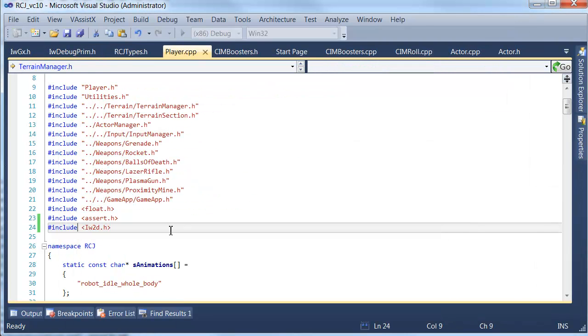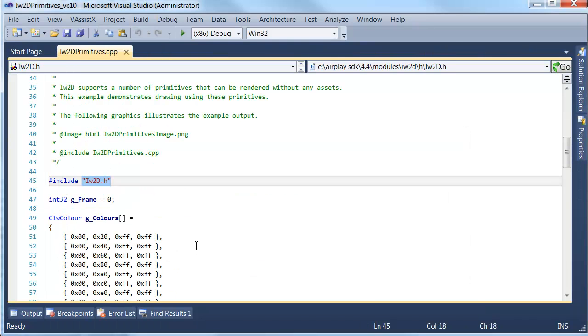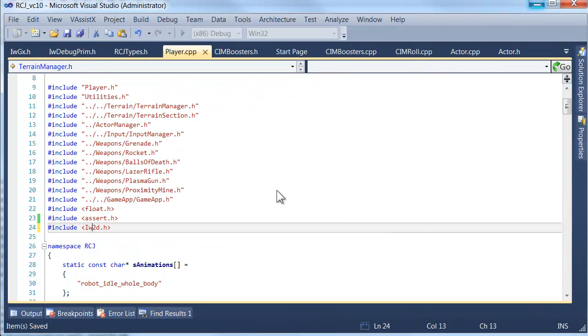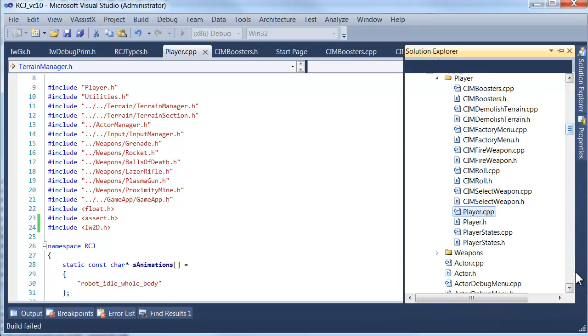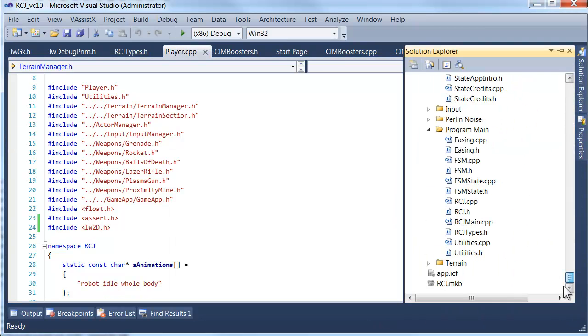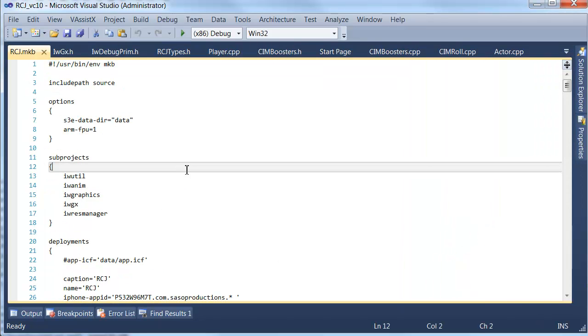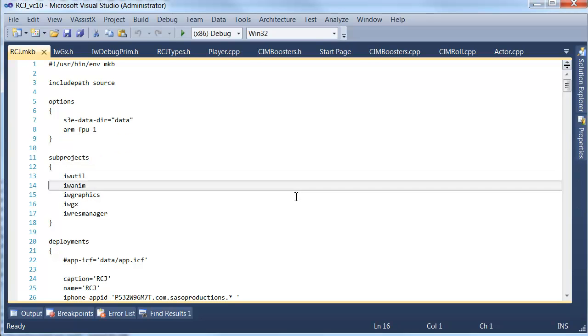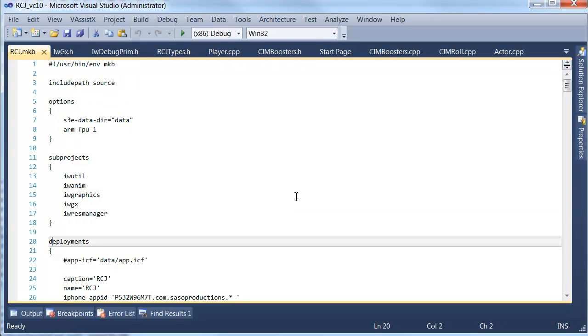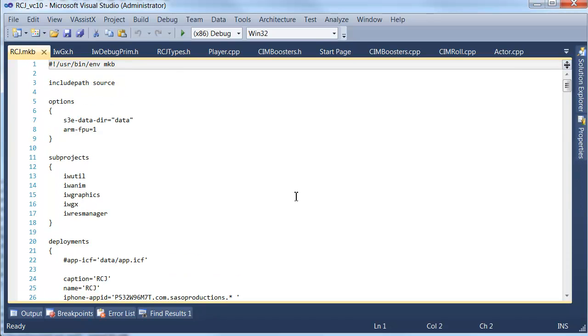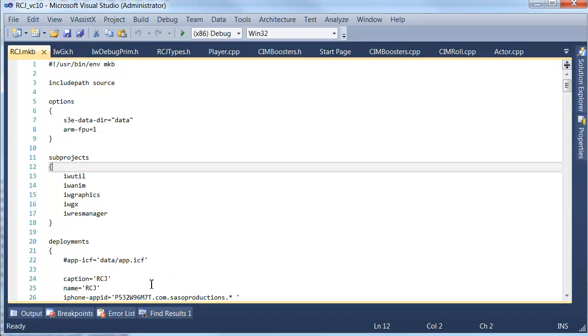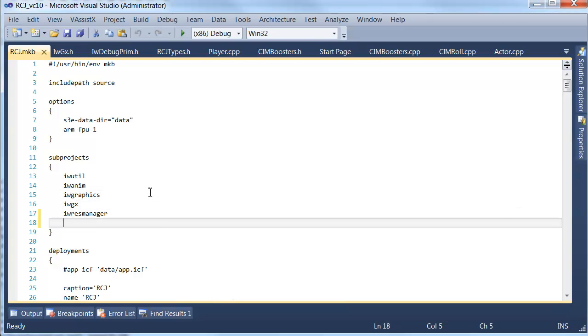In Marmalade, what you need to do is... Did I get the case of that right? Let me just check. Yep, that's right. So in Marmalade, you actually have to edit a file in your project, which I'll show you. It's called the MKB, which is a kind of make file that you use to create your projects. And what you have in this make file is a bunch of sections which specify options when you're deploying your project. So what you want to do here is actually add in the module as a sub-project,